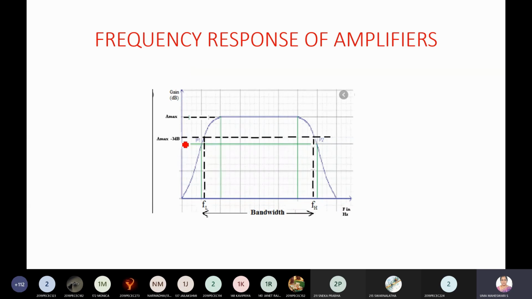Okay, so you know that at mid-frequency region, your gain is going to be constant. Yes or no? How is the gain going to be in the low and high frequency regions? Decrease. So at low and high frequency regions, your gain is going to be lesser. Can you tell me what is the reason? Why is gain decreasing at the lower frequency region? Due to the external capacitor. Okay. Why is gain decreasing at the high frequency region? Due to the internal capacitor. Okay, good.